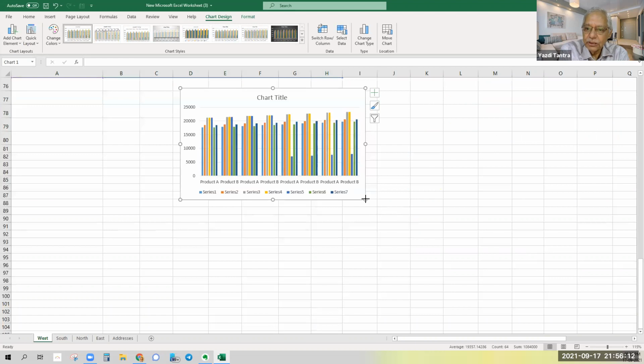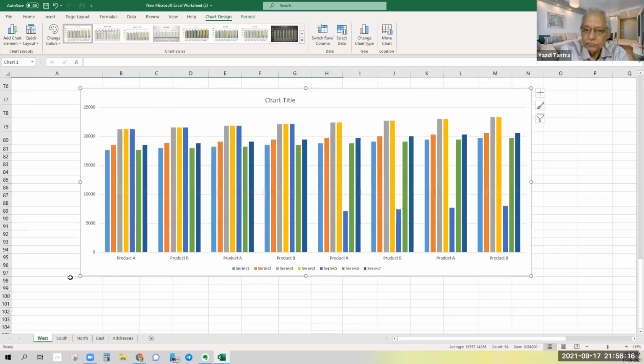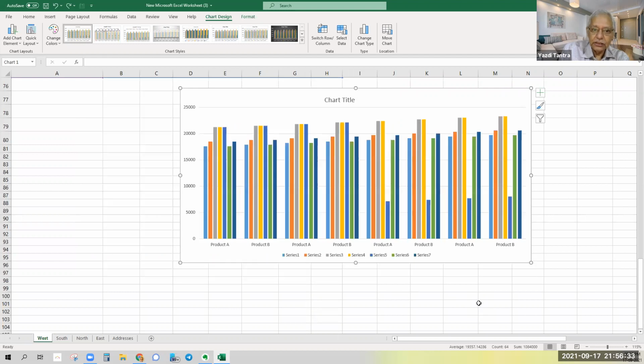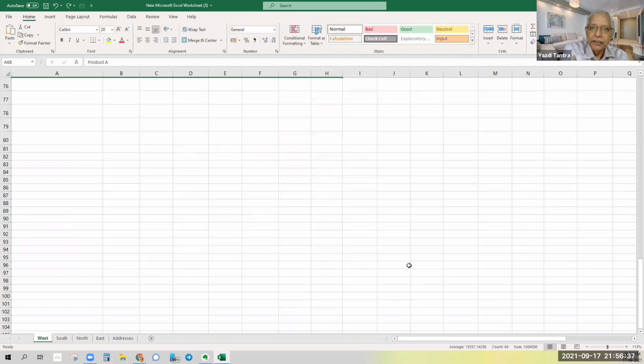Then of course I can do formatting and stuff like that. I didn't give any command. I just said Alt F1. In any area in the entire sheet, I can create a chart by just typing Alt F1. Okay, I'll say Control Z, Control Z, Control Z, Control Z. I'm getting rid of the chart.